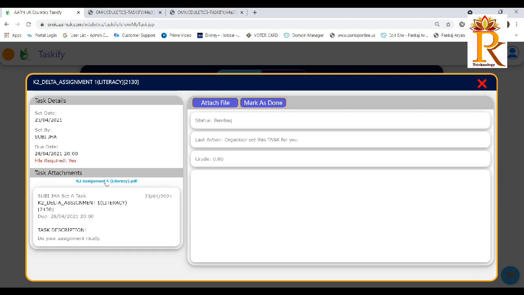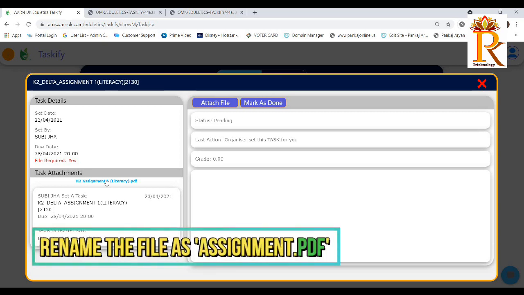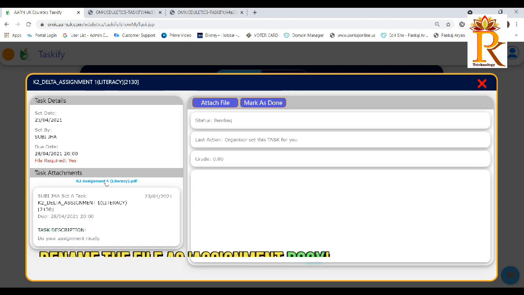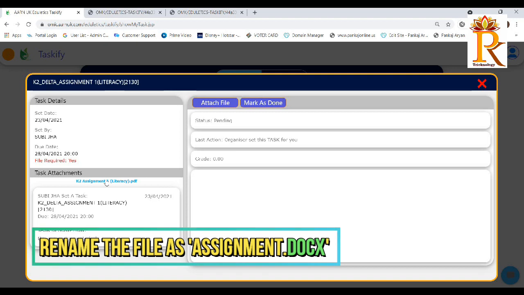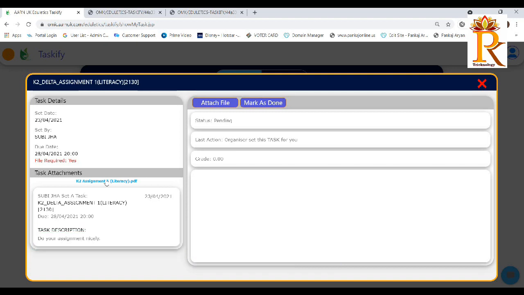If you face that problem, then I suggest the parent to please rename those file names as .pdf or .docx. Then the file format will be fixed and then you will be able to see the file, the document.